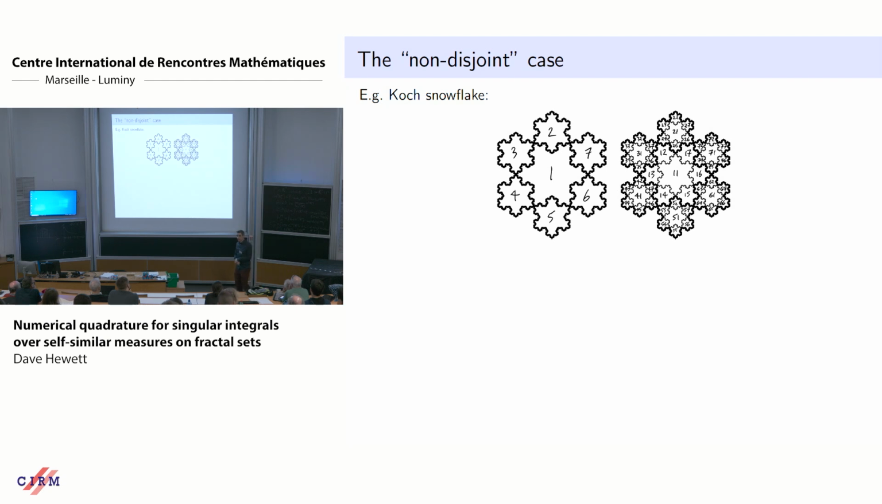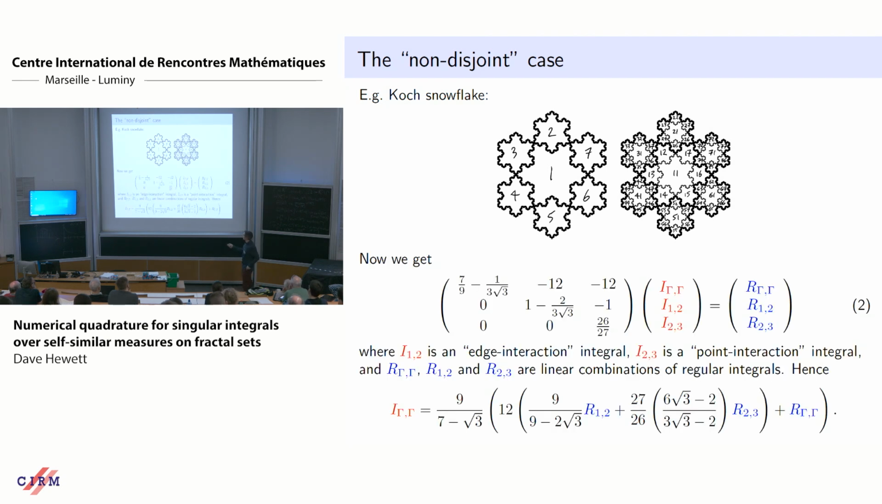For the snowflake, things become a bit more interesting still. So I now get a linear system with 3 singular integrals as unknowns. The first one is the full singular interaction, a double integral over the whole snowflake. This one, I12, is the sort of edge interaction. So this is a double integral over gamma 1 cross gamma 2, and the singularity is on this Koch